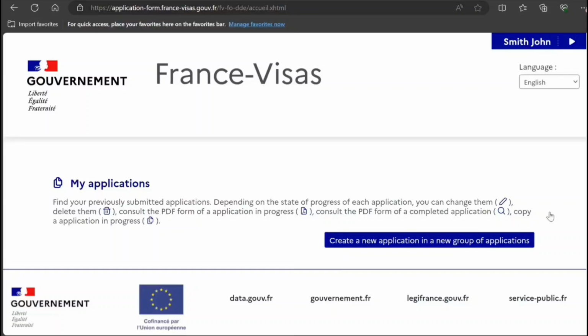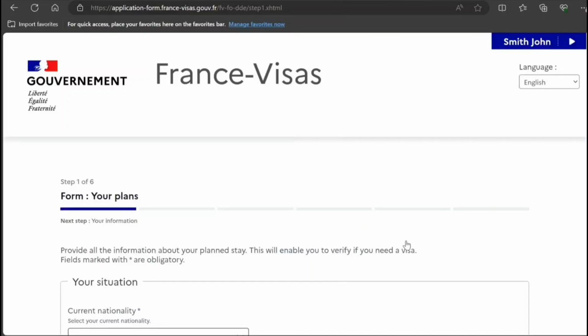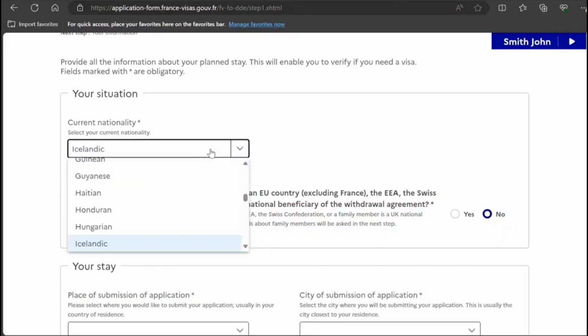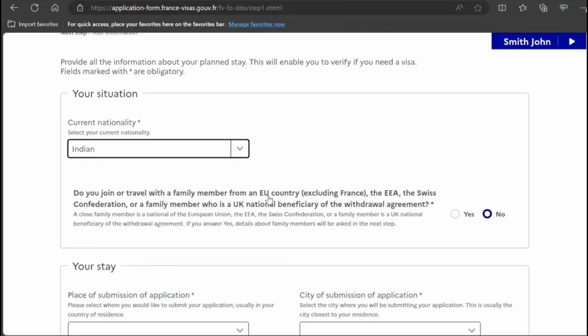So this is the page where you will reach after logging in, after of course verification and everything, and you will go for create a new application. You can see it's going to be in these 6 steps. Now again, it will ask some of the questions of the wizard. It won't pick up directly from there. Again, these questions: traveling,